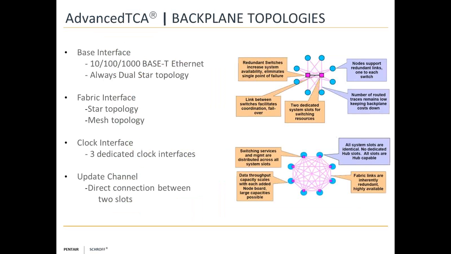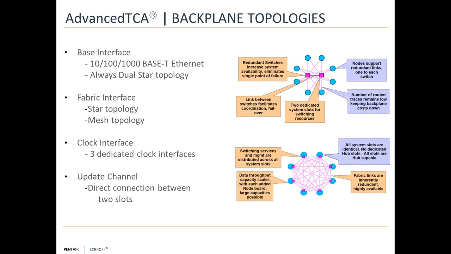Okay, the main goal when developing ATCA specifications was a scalable architecture which balances both capacity and cost. A secondary goal was an alternate solution to the parallel bus structure on the backplane, because the parallel bus structure limits the data throughput. Advanced TCA backplane is the first backplane which is designed based on an open standard which supports package-based architectures or